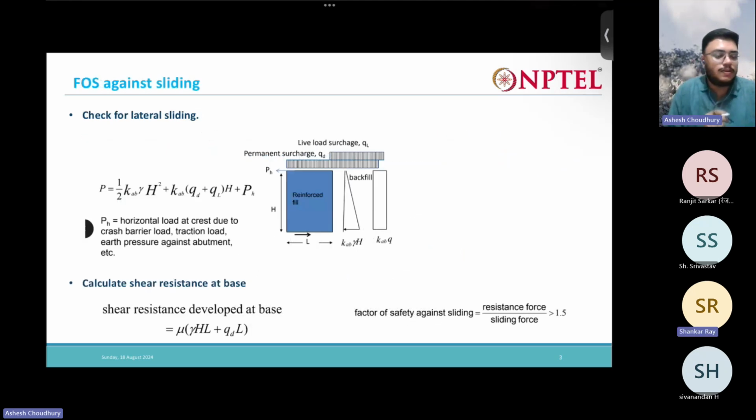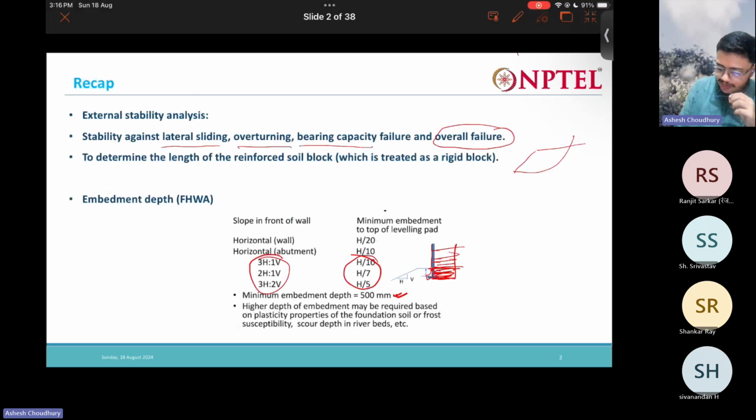So what if I embed the panel but don't embed the reinforced block? Then what will be here? You are telling that you will have normal soil here. No, that we don't do generally, because here we will have one panel, and here also we will attach reinforcement like that. That panel is supported in both ways. It will be supported from here also, and this embedment will also be giving some support.